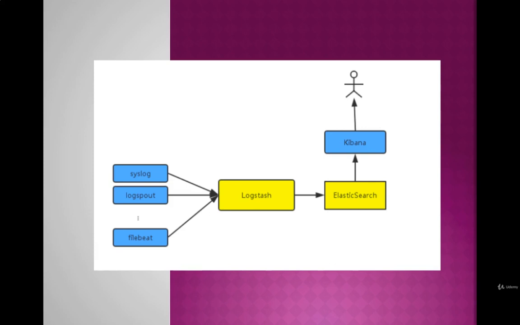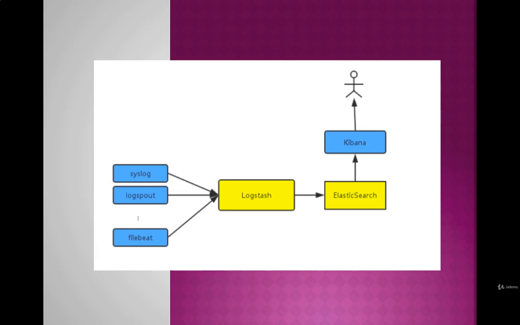Step number 1 is create a server load balancer instance, and to enable other service to send logs to Logstash, create and configure a server load balancer instance before configuring Logstash. Number 1, log on to the server load balancer console before creating an application. And number 2, create a server load balancer instance whose instance type is internet.